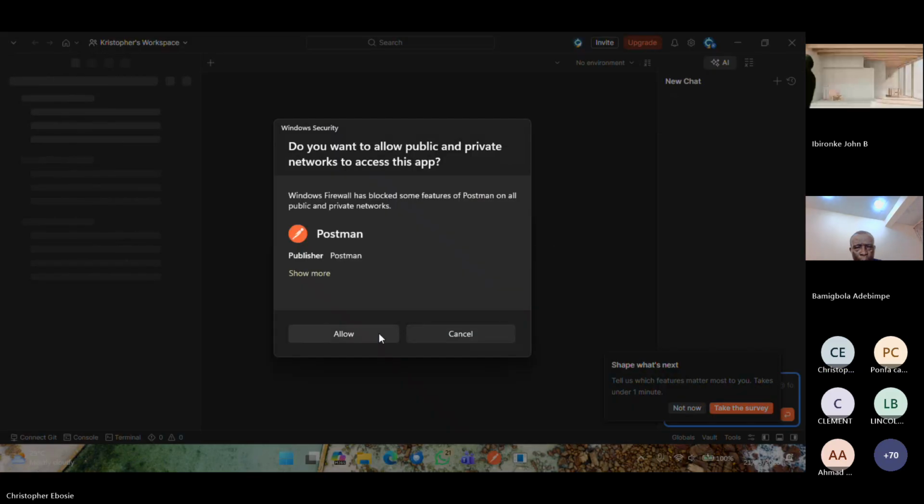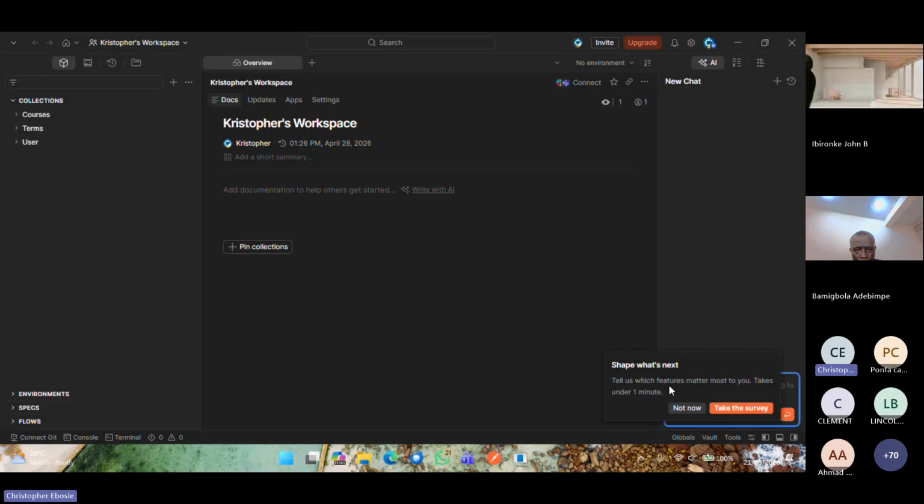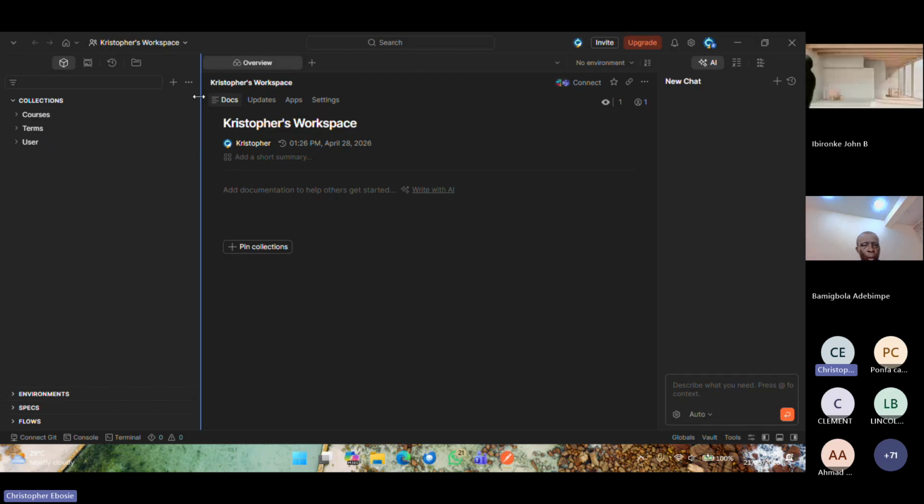Hold on, it's loading, it's coming up. Okay, so just security measures. If you have any firewall installed, it's going to ask you if you want to give access to Postman or not. So now this is what the application looks like. But let me do this. I'm going to take out this particular collection that I have here. I have a collection already